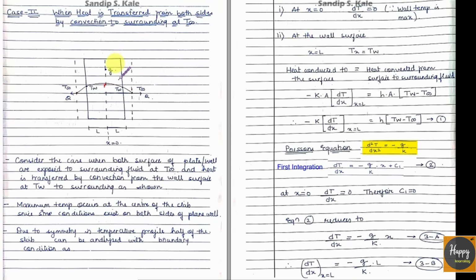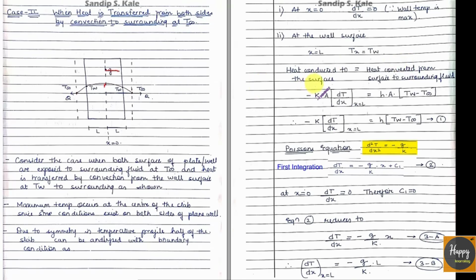Now what is happening? The heat is generated uniformly throughout the plane wall. So this heat will try to flow in the outward direction, that is to the surrounding, which is maintained at temperature T infinity. So we can apply the boundary condition that heat conducted to the surface is equal to heat convected from the surface to the surrounding. So whatever heat is generated, first it will move from here to here by conduction, and from the outer surface into the surrounding by convection. So we can write the energy balance as whatever is conducted going out to the surrounding in the form of convection heat transfer. This we have seen in the boundary conditions.